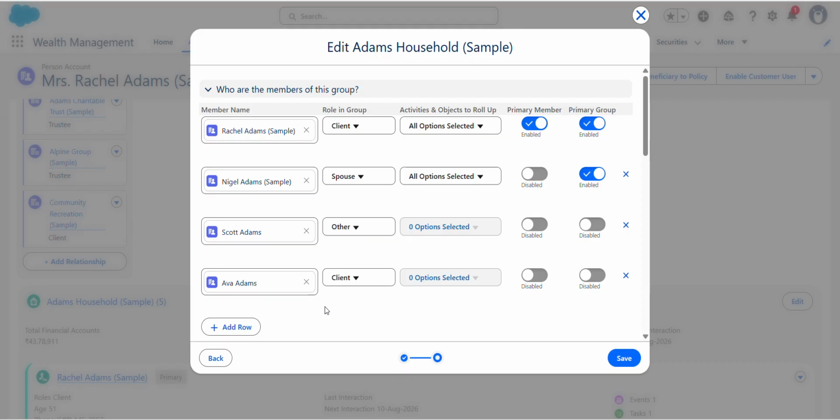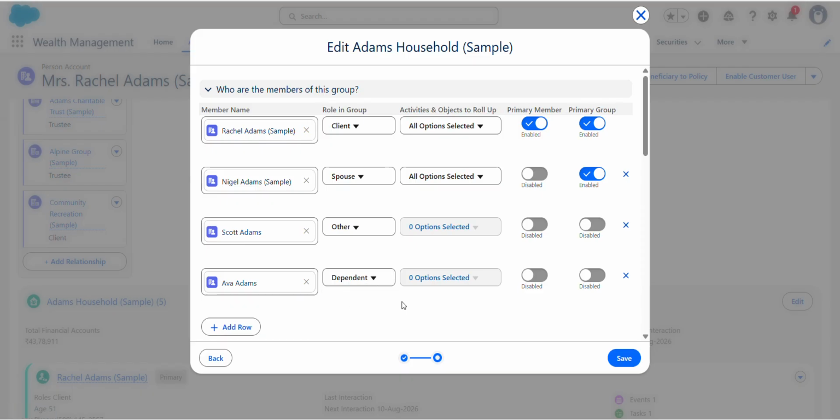We created this person account record in the earlier session, right? So select Eva Adams in the member name, right? And change Eva's role in group to dependent, right?